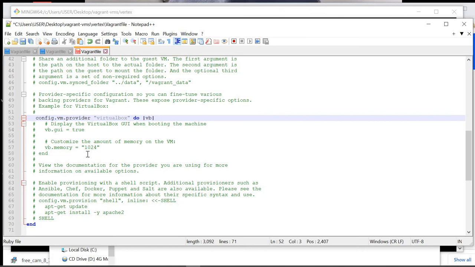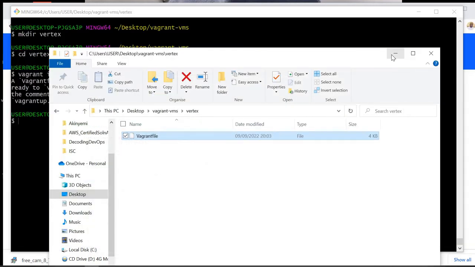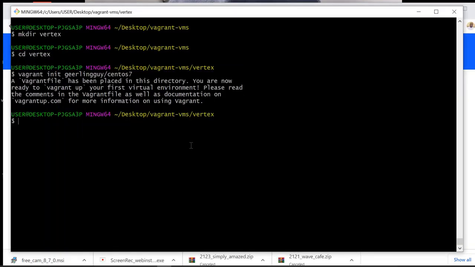By default, CentOS uses 512 MB, but if you want to increase that, you can come down here and just enable that by taking out the hashtags within this block of text here. I think that's fine. So we save, come back to Git Bash, and to start up your virtual machine, the command to use is